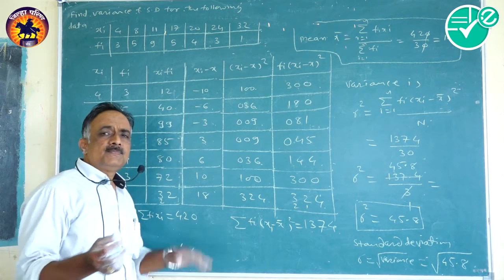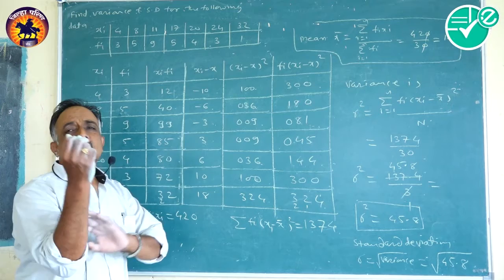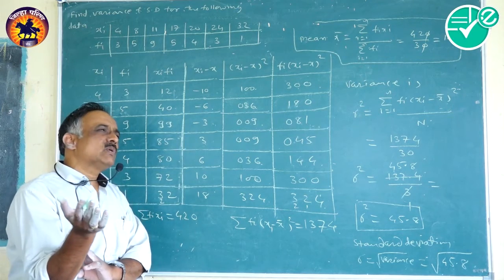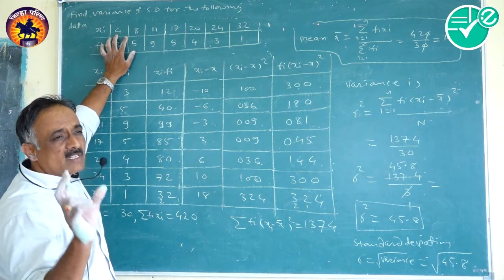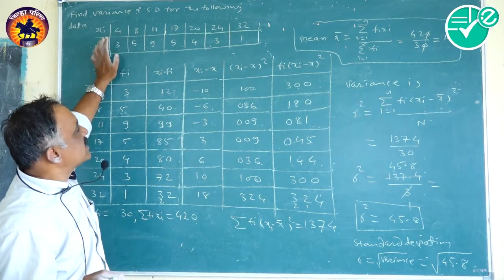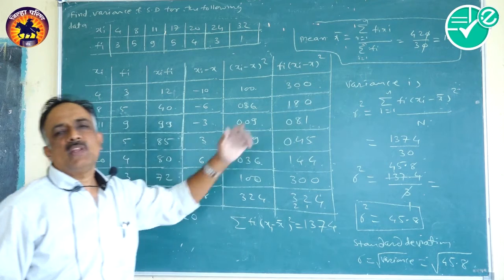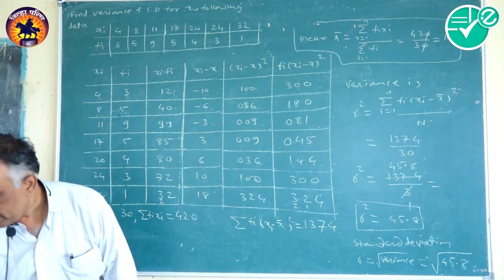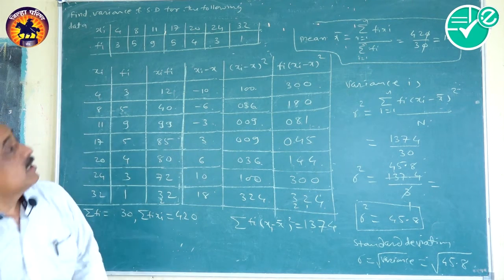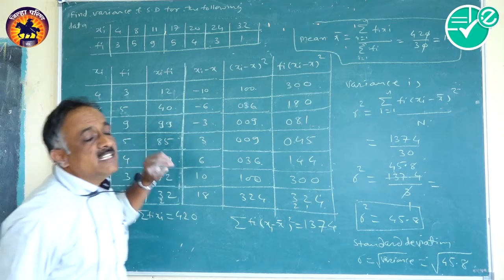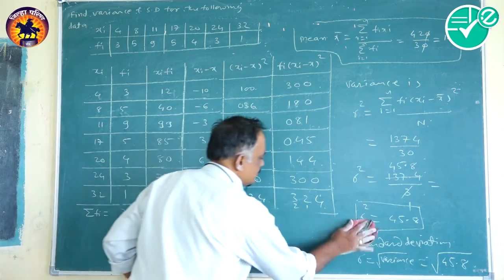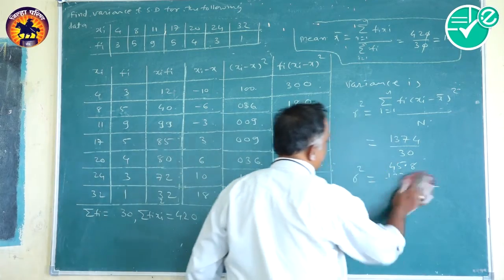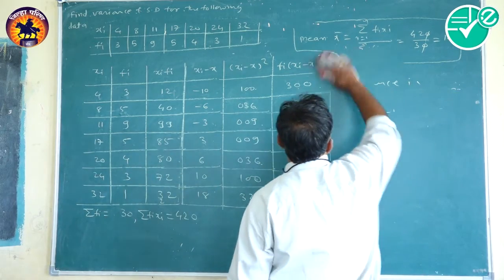If we have been given a continuous frequency distribution, in that case also we will take the middle term, the midpoint of the class interval, as xi, and then the same formula will work for us. So let me explain the last one, that is, when the data is given in the class interval form, how to find the variance and the standard deviation. Hoping you get it. Quite easy problems.